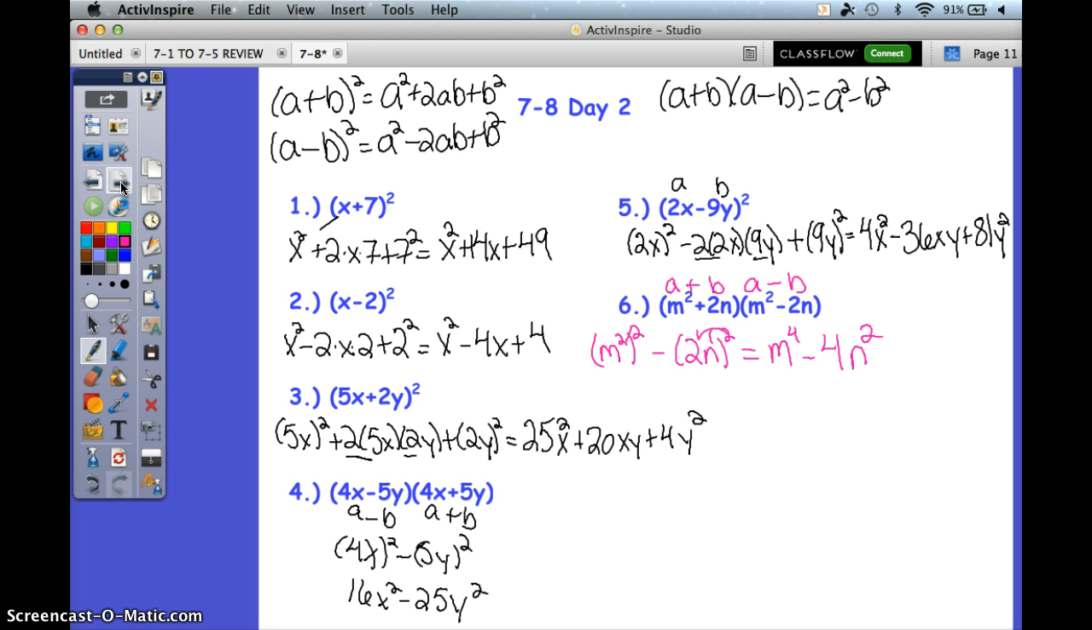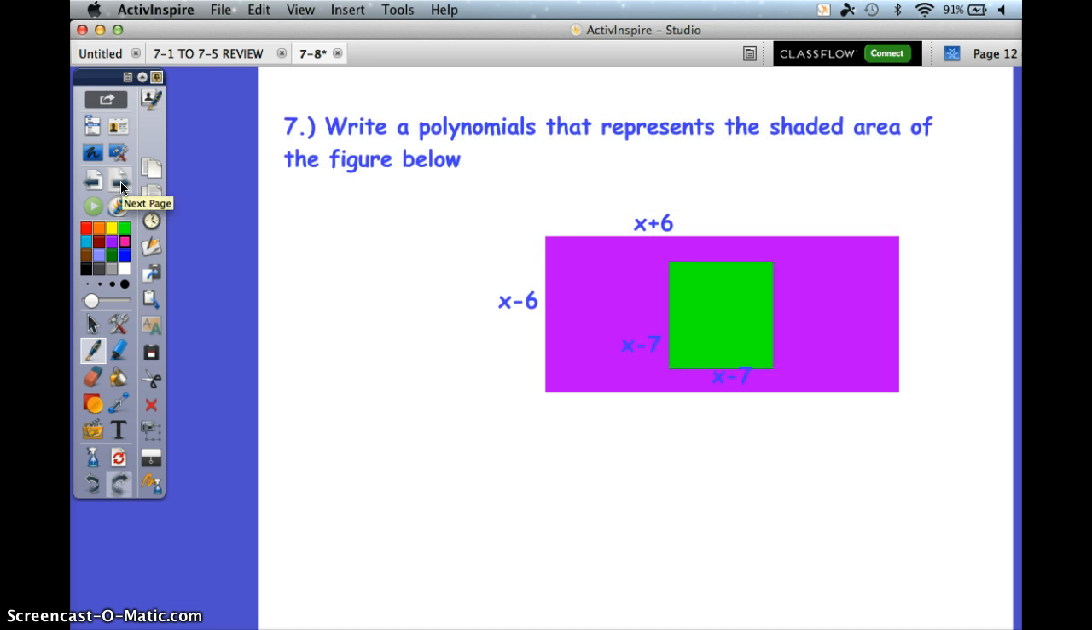We have one more question I want to go over. It says, write a polynomial that represents the shaded area of the figure below. So I want to know what just the shaded pink area is. Well, if we know the area of the giant rectangle, and we know the area of the small square, to get the area of the pink, let's first find the area of the rectangle,